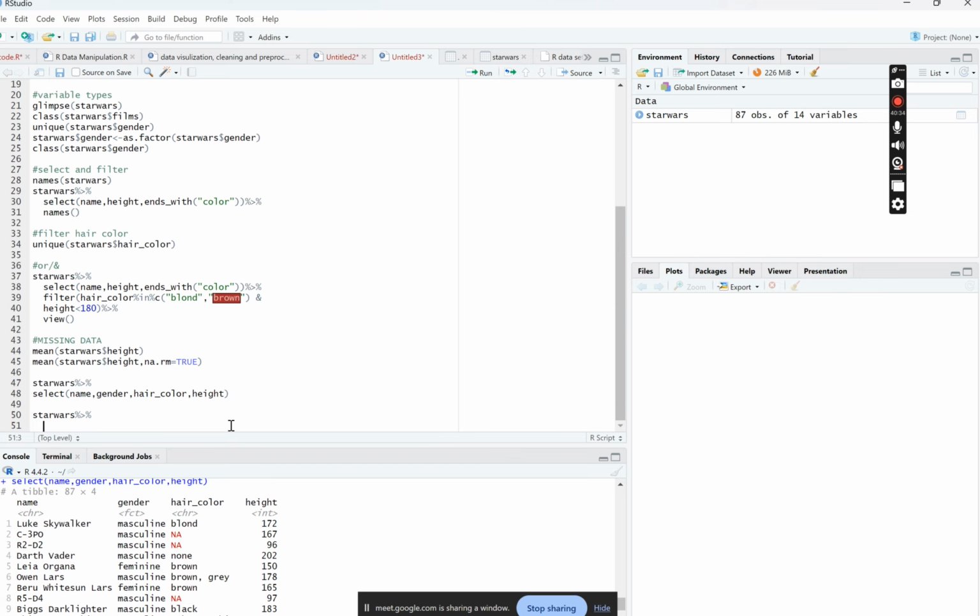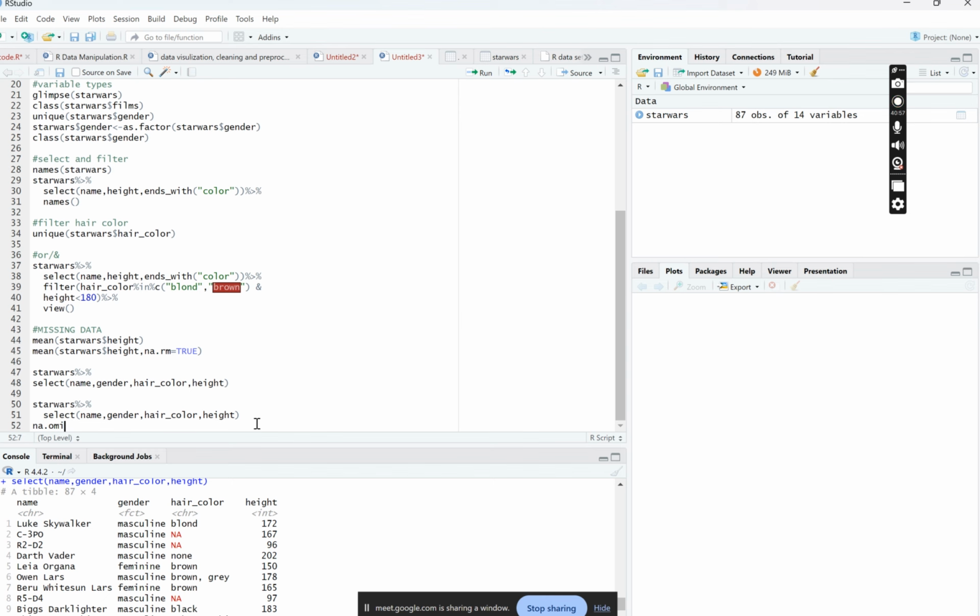that is percent greater than percent. Then I'm going to say select. I'm going to repeat the same thing. I will copy it directly after StarWars, enter, Control V. Then after doing that, I'm going to use na.omit, like not available. So I'm trying to omit the missing values. Okay. Then I put my empty bracket. So when I run this,